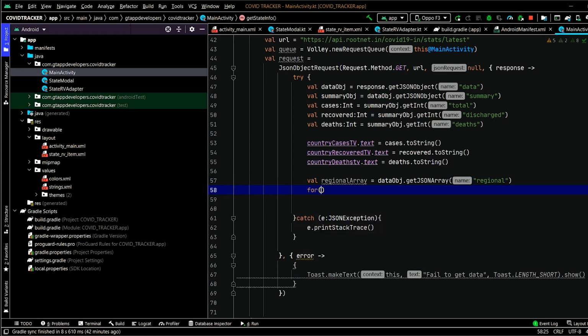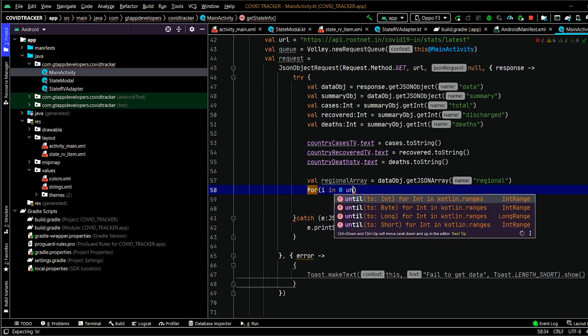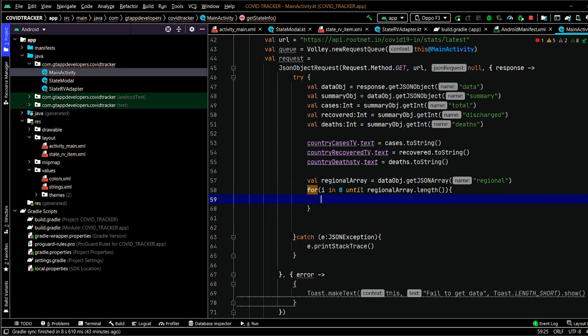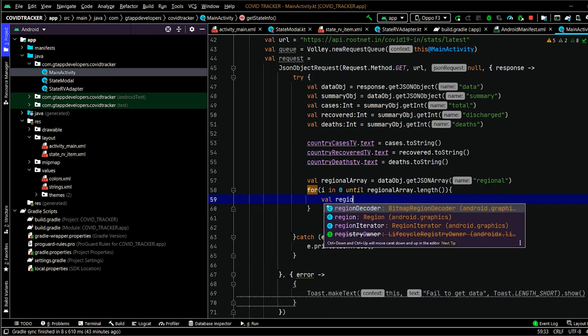After that, we have to run a loop. Specify the limit as regional array dot length. Now inside this, we have to create a variable for the regional object.